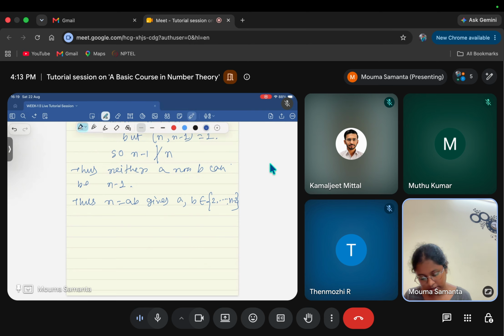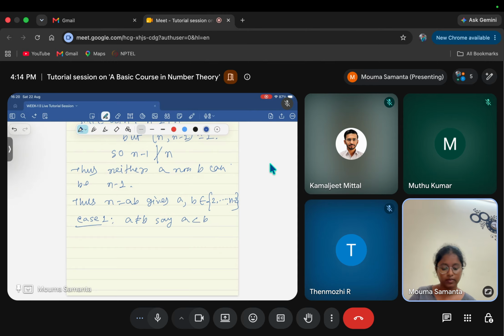So here we may consider a can be equal to b when n is a composite number. Also a cannot be equal to b. These are two possible cases, so we are dividing this into these two cases. Case 1, a is not equal to b. So by the law of trichotomy, either a less than b or b less than a, say a less than b. Now